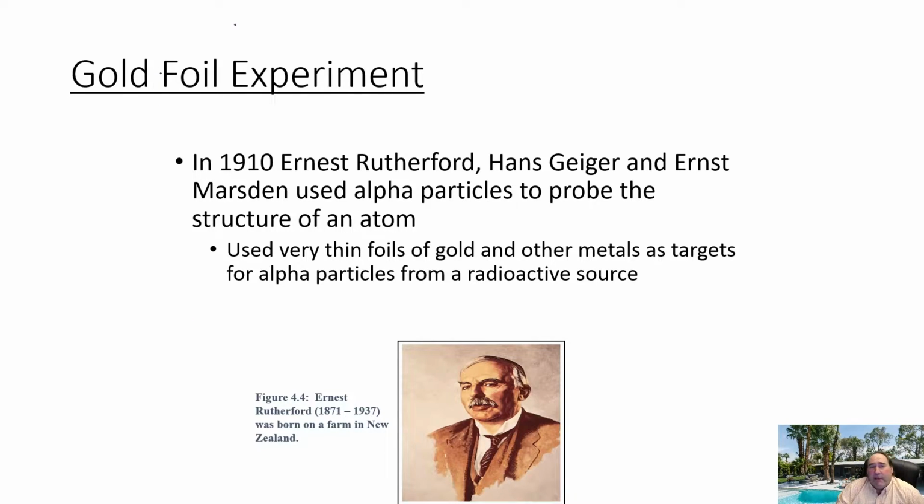A reminder of what we just talked about a second ago: alpha particles are positively charged radioactive particles. They used these alpha particles to shoot at pieces of gold foil and other metals. They did it with the idea of exploring what's going on with the positive part of the atom. If you remember, we used negative particles to explore electrons earlier on with the CRT tube.